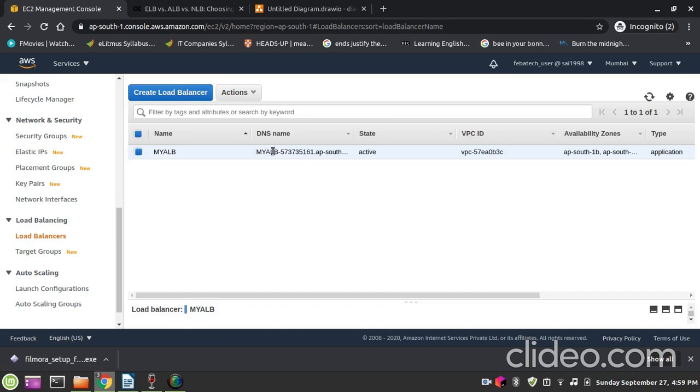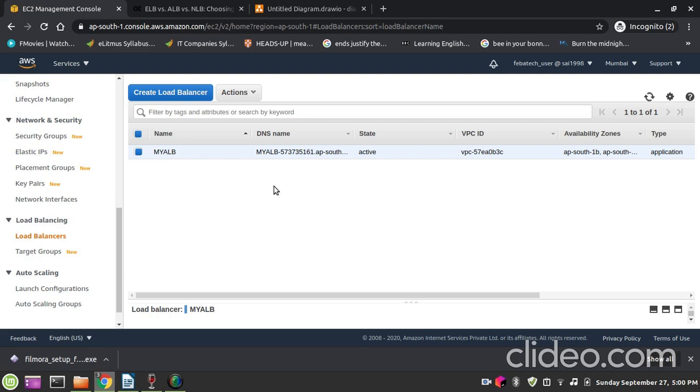So let's just talk a bit about the application load balancer. So application load balancer only works at layer 7, that is HTTP layer, and it has a wide range of routing rules for incoming requests based on host name, path, query string, parameter, HTTP method, HTTP headers, source IP or port number, and ALB can route requests to Lambda functions as well, and it can be configured to return a fixed response or a redirection.